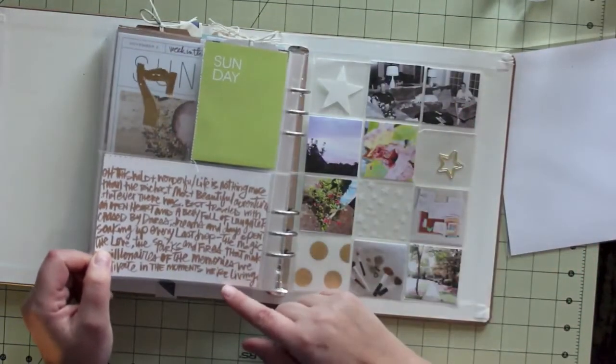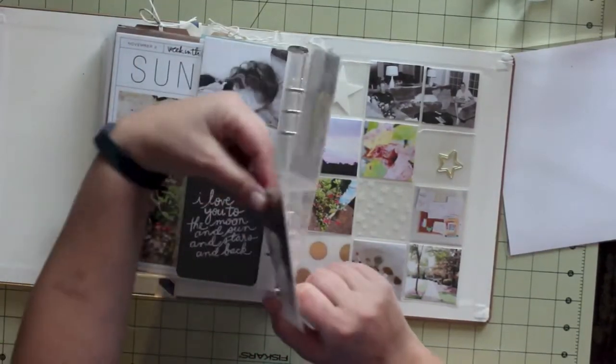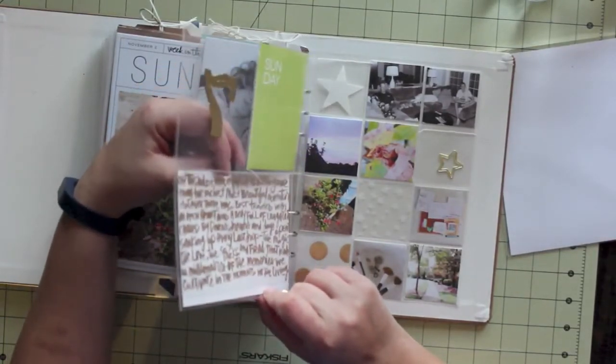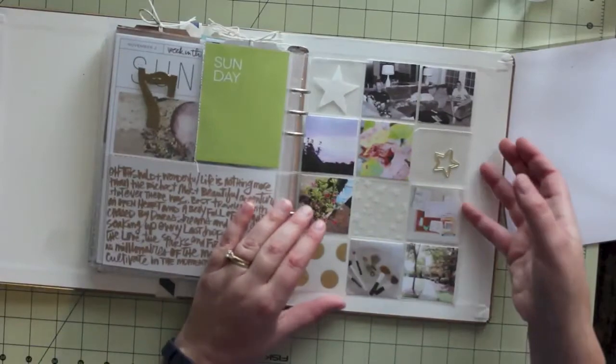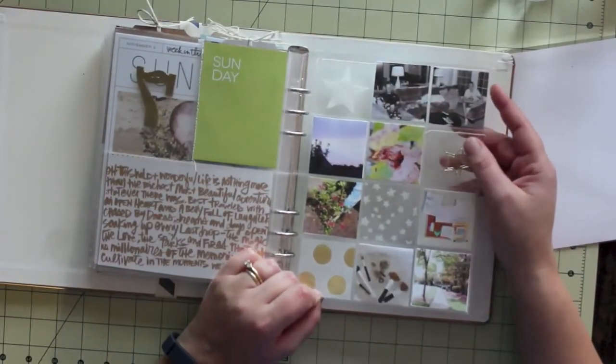Then this is another one of those transparencies from Studio Calico. It just has some words, and I put it on the back side of a white photo, so you can actually see it better. And then I'm on Sunday, and then I ended the book with another one of these pockets,